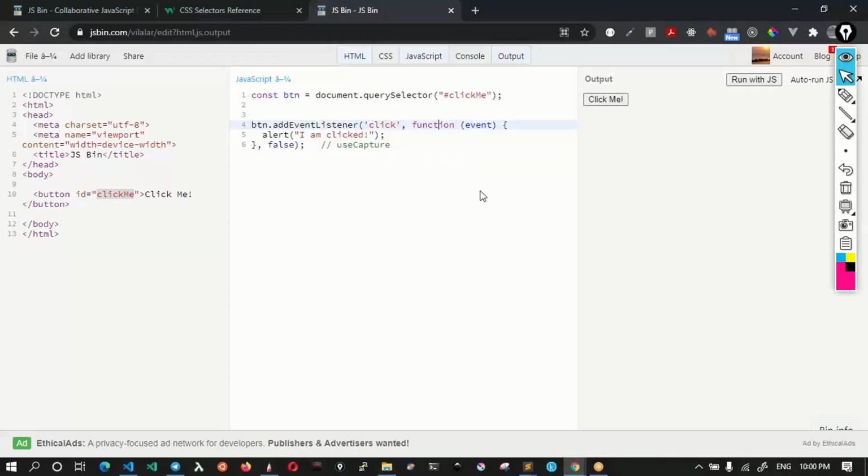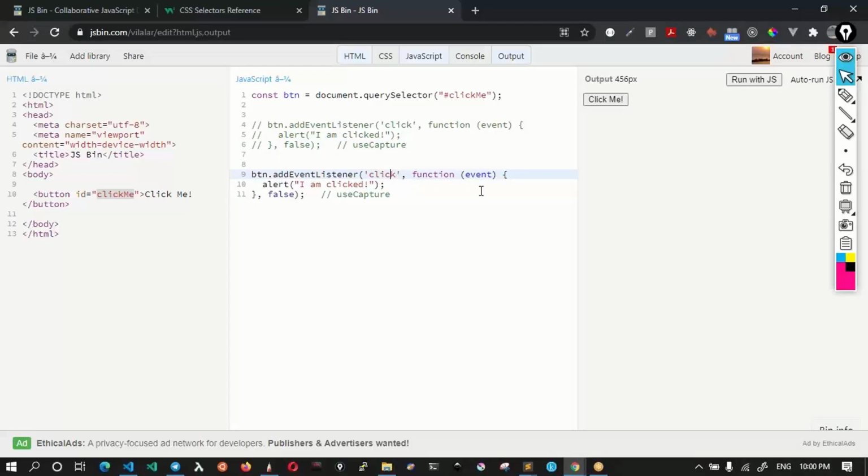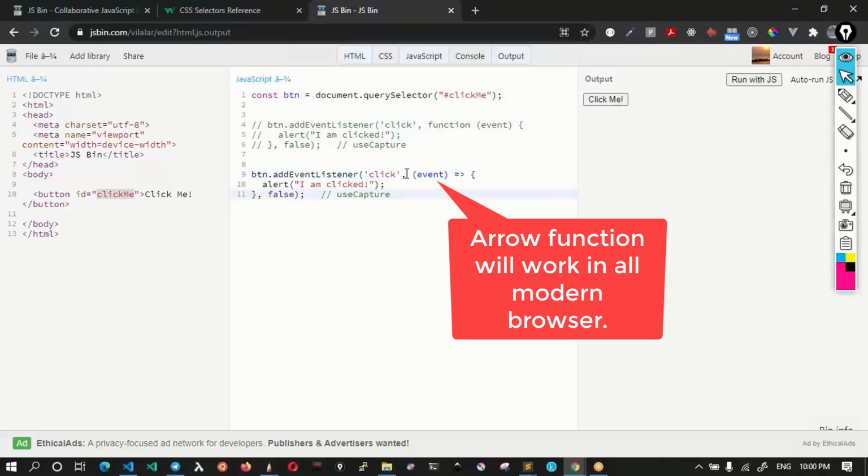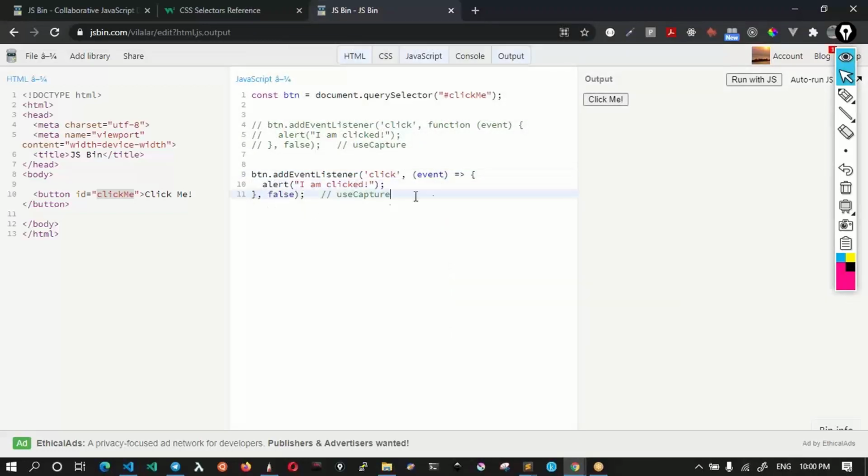So this is one way to do it, right? So what is the other way to do it? So let me simply copy this, comment this code out. Okay, and I'll come back in here, and I'll now use the arrow function. Okay, so the arrow function looks like this. It's exactly the same code, right? See, it still works. But the arrow function is a shorter way to write the code. Okay, something like this. This is an arrow function. Okay, it looks something like this.